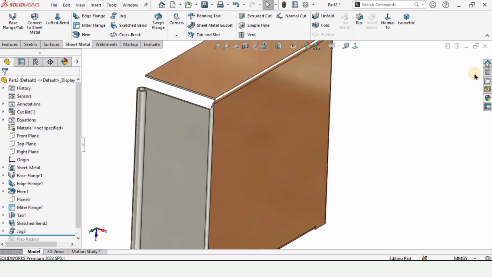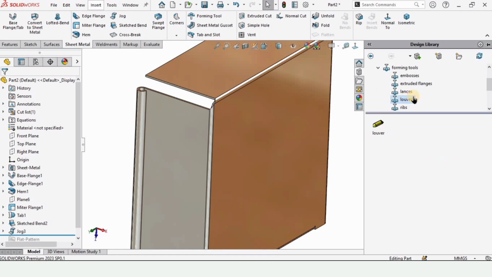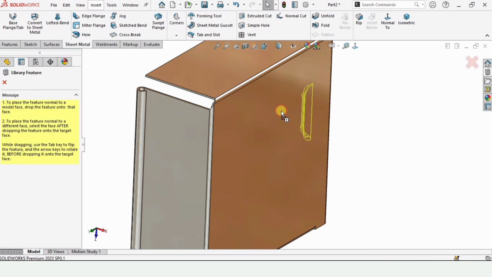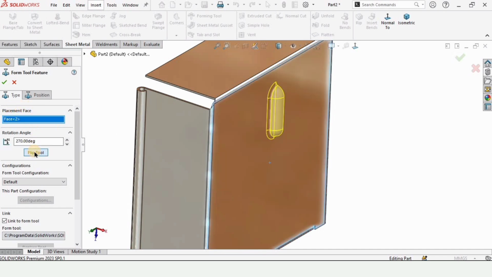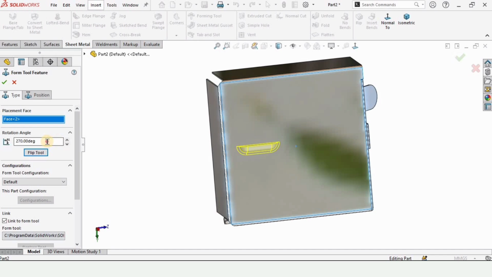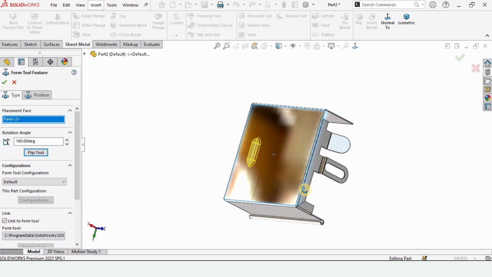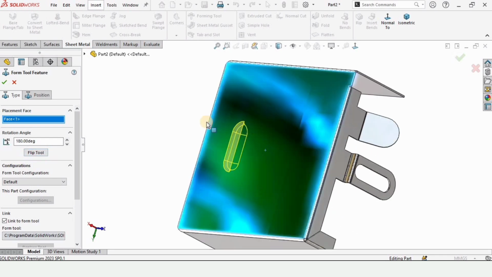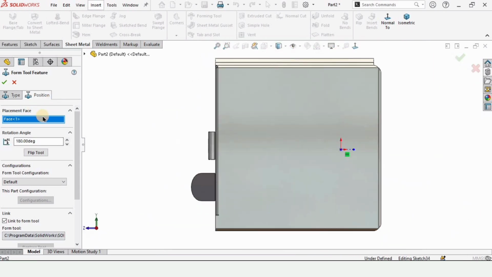And after that go to here design library, and here in forming tool we have these Louvers. So just click and drag it here on this body. We can flip it from here. Even we can specify the degree here. I am specifying here 180 degree because I want this in this orientation. You can flip it, and now go to your position